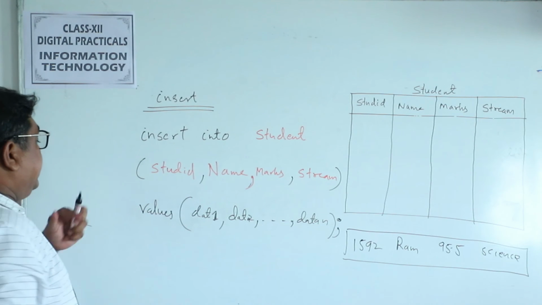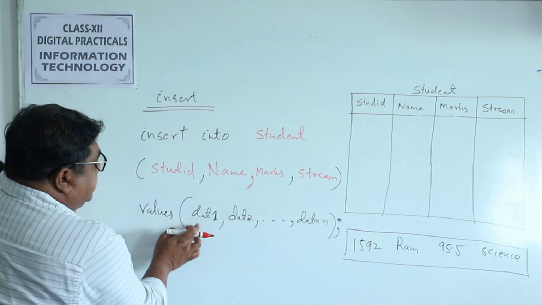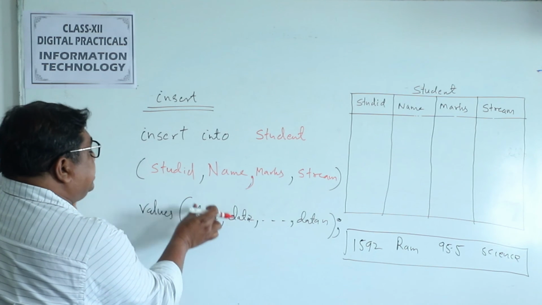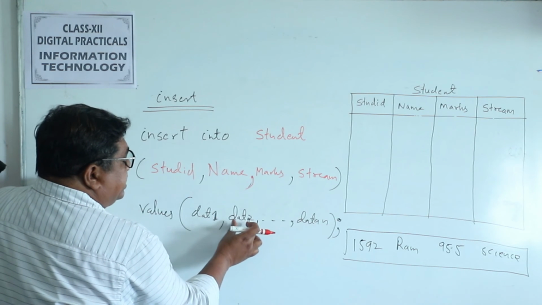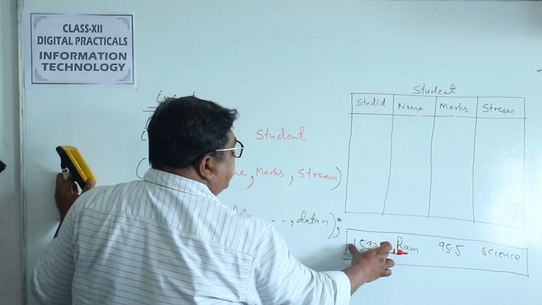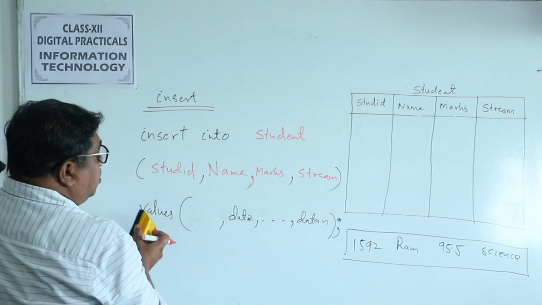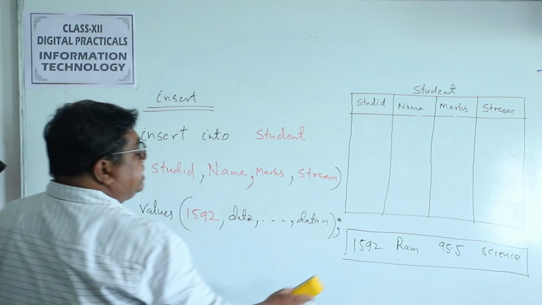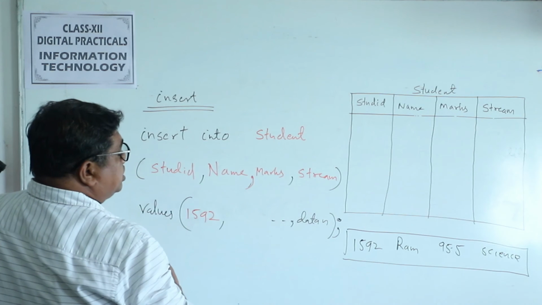Okay. Then values is a keyword, and see, this column 1 and this data 1, they are associated. So whatever data I provide first will be inserted in the column student ID, and whatever data I provide next will go to name, and so on. So I want to store this 1592 in student ID. So for student ID, I will have the data 1592. Okay, then what is the name of the student? See, the second column, I'll provide the name as